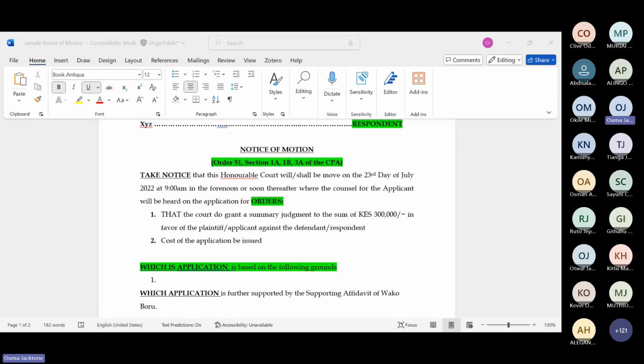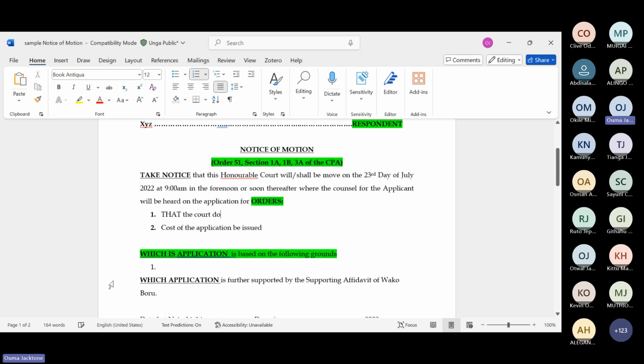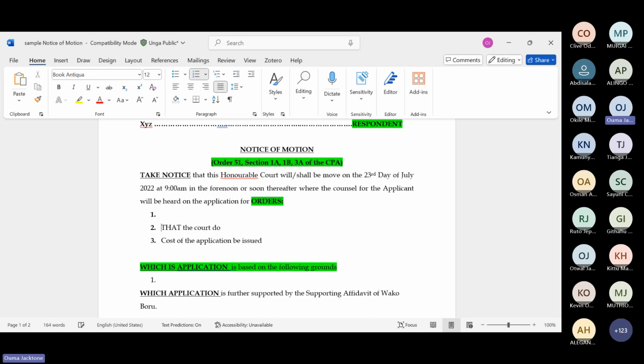Are you together? Now, somebody tell me, what do I need to write here? So our applicant, in this case, is looking for Anton Piller. What is our first prayer? Of course, I've said normally we bring it under certificate of urgency.